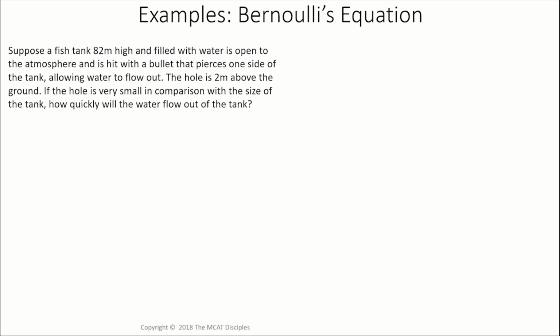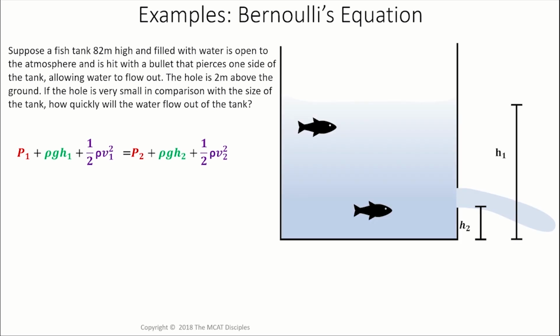Okay, so this is the Bernoulli's equation question, and what we really need to do here is figure out that we need to use Bernoulli, and then just apply Bernoulli's equation to the situation. So we draw a diagram, and we try to figure out what these values are. Do we know what P1 is? It's the atmospheric pressure. This is open to the atmosphere, it's the atmospheric pressure. Do we know what V1 is? We do. Well, you may not know yet, but I'm going to tell you now.